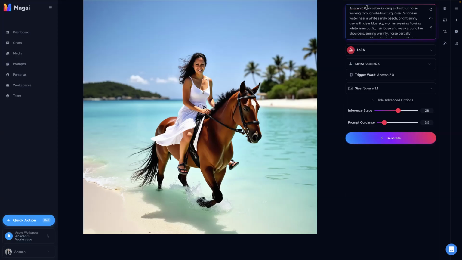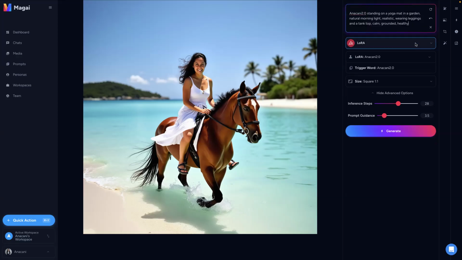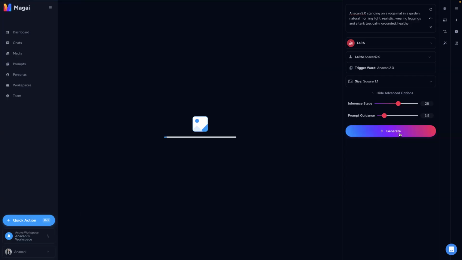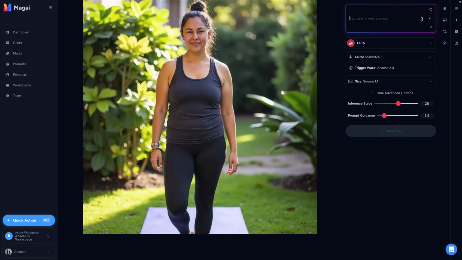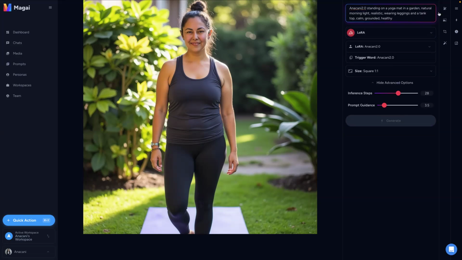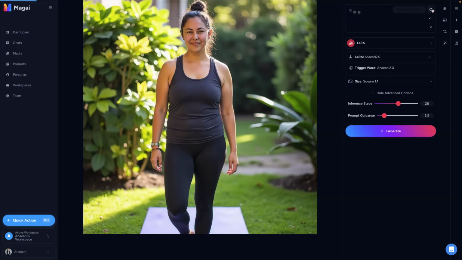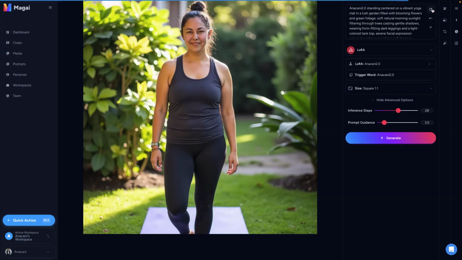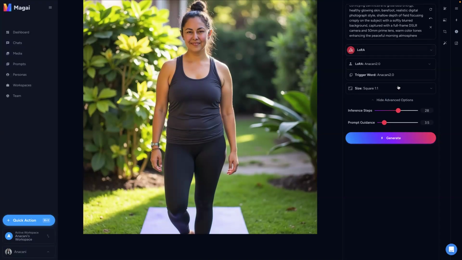So your trigger name, and you can just have it generate based off of what it's given you, or you can see if there's any difference in you giving it the new prompt and then having it enhance it for you. Like that's pretty good. And look how much different this is.